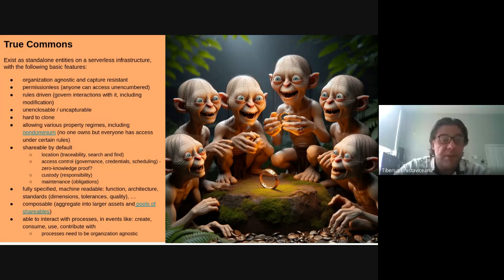Well, uncapturable, I guess I wrote it twice. When it comes to digital resources, one of the things that I think is important is to make them hard to clone. So for instance, you have a digital resource that represents a 3D model of an object that you can 3D print. A bunch of people get together into a network, and they decide to design some hardware, and they publish that design online. So what usually happens is that people download that and change it and put it on another database, and somebody else forks it and loads it onto yet another database.